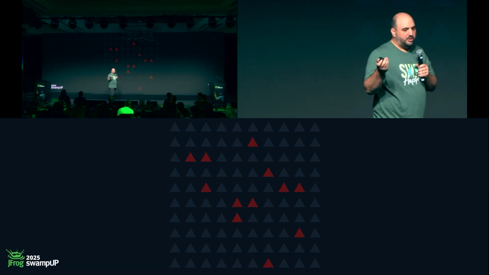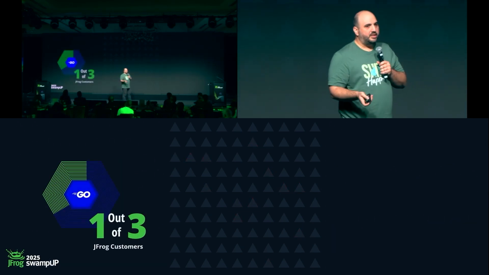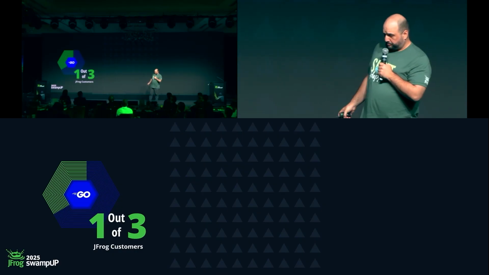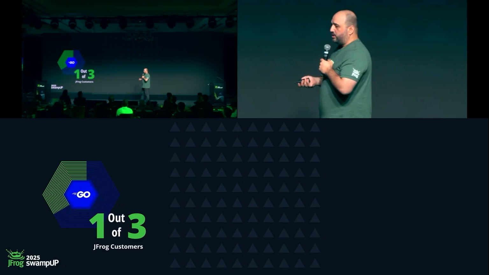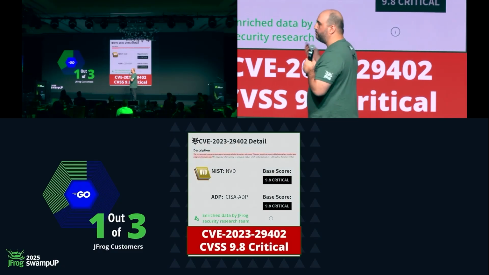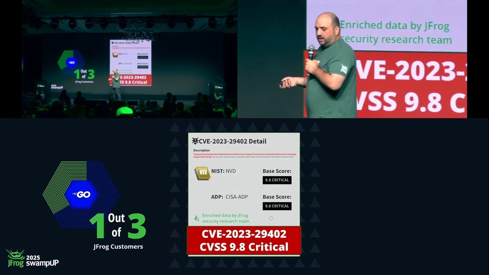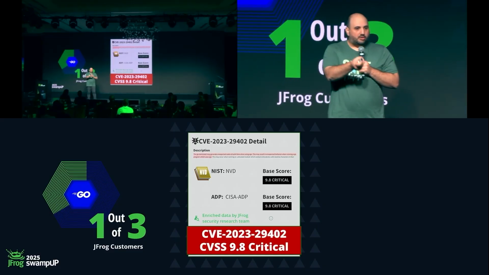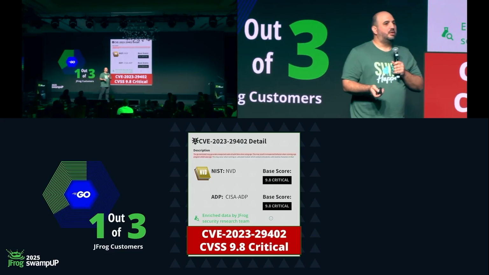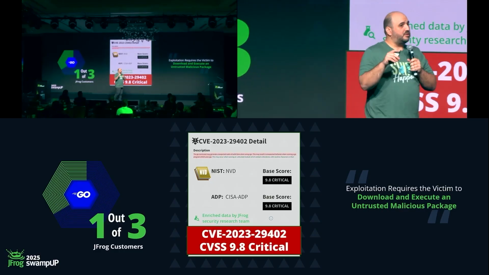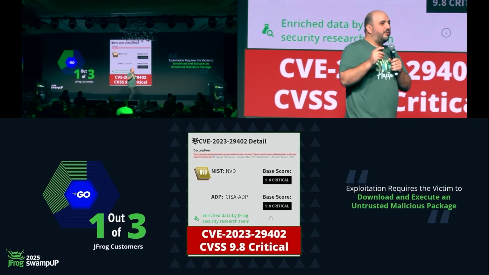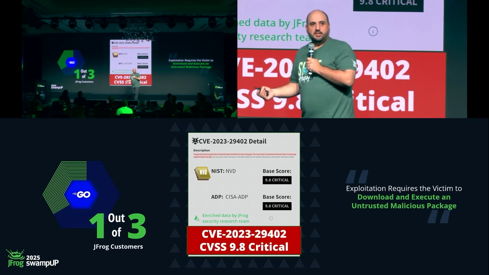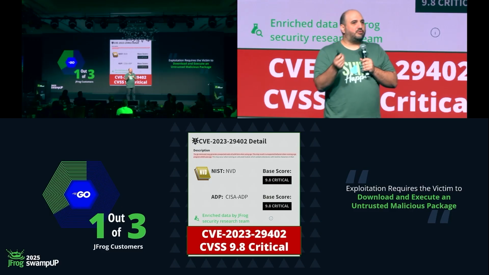And I'll give you just one example because you might not believe what I'm saying. So the Go package, pretty common package, right? 1 out of 3 of you has it in Artifactory. And 2 years ago, there was a very critical vulnerability, 9.8 CVSS out of 10. Everybody rushed to fix it. If you know anything about JFrog, you know we also use Go. We had to go and fix it. And we looked into it. And what we found is that in order to exploit this vulnerability, mind you, you have to install a malicious package. So in order for an attacker to exploit it, you have to run malicious code.